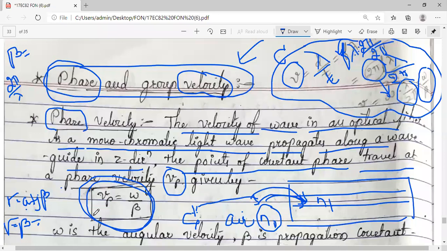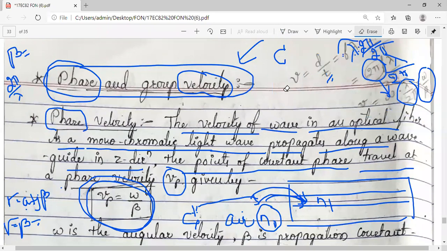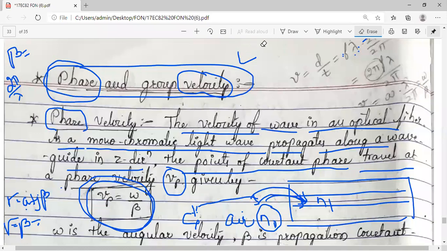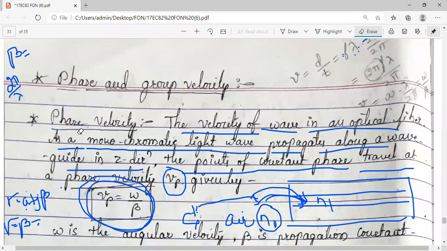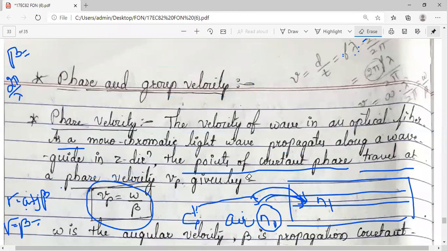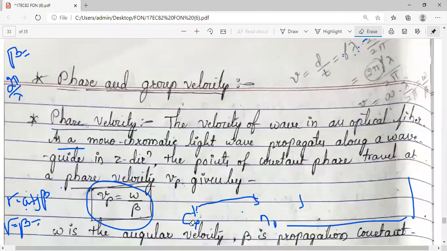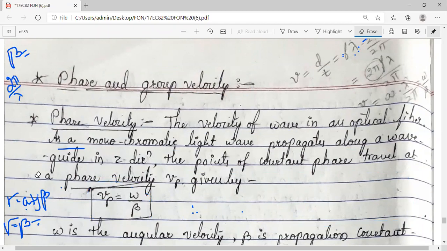From the basics of velocity definition, I have derived this equation. This is applicable to a monochromatic light, as I told you, when we are considering, for our analysis purpose, a light which is having a single color. But in practice, when you are really working with optical fiber, when you are using the optical fiber for communication, it is not at all practical that we use a single monochromatic light, because light will be a combination of different frequencies, right?